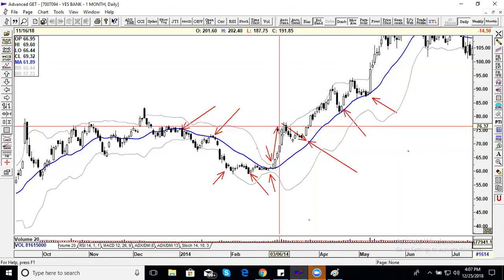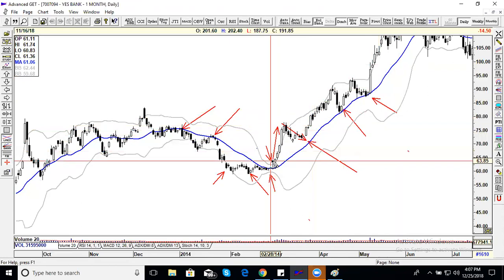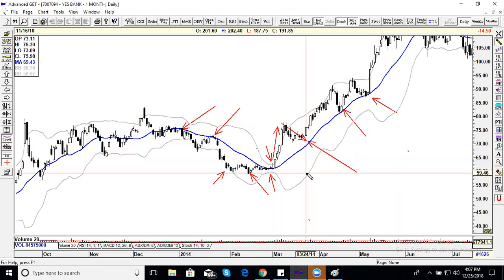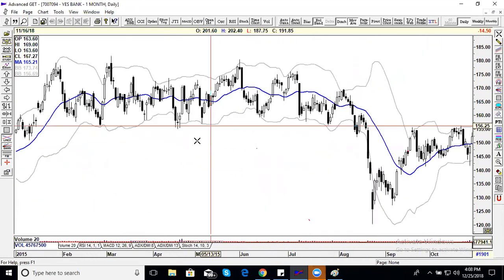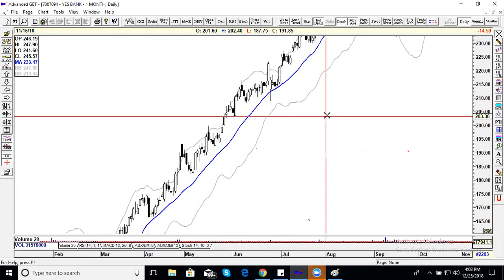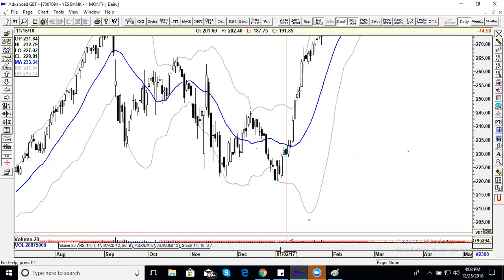This is the best time. Probably your options would have tripled, because it moved from 63 to 80 in a matter of 4 days. Squeeze breakout. Right? Beautiful pattern, that is. You should never ever miss. If you're an option trader and if you see a squeeze anywhere, never ever miss this. Okay.